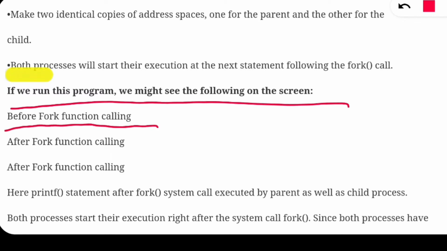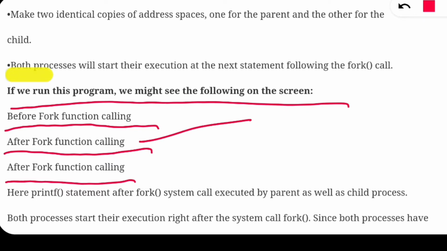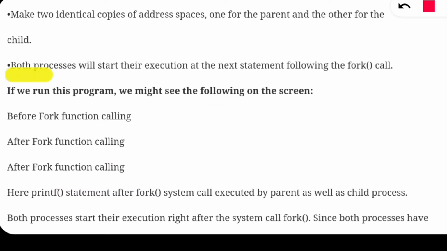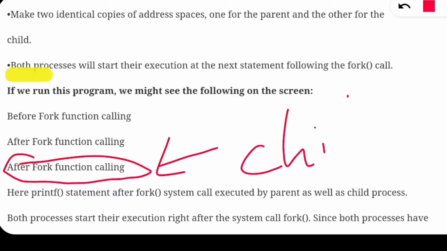First it will print the message from before the fork call, and after the fork call it will print two times. Why will it print two times? One time it is for the parent, and this one is for the child. That's why it prints two times.